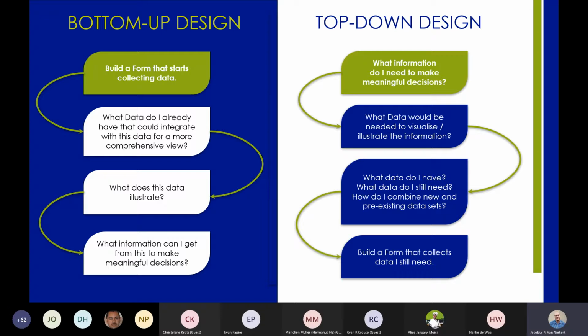So before we start collecting information, let's first see what we actually have already. What's the information that we've got on record, so that I don't end up having unnecessary duplication, but that I'm actually using, having this kind of data integrity in the sense that things are the same. And you'll see now, when we start working on the forms again, what I mean by that. And then the last thing is we build a Google form. So in terms of the practical side of things, the Google form is still going to be the first thing that you end up doing, right? So we'll end up building our Google form.